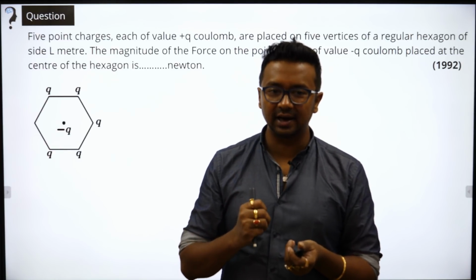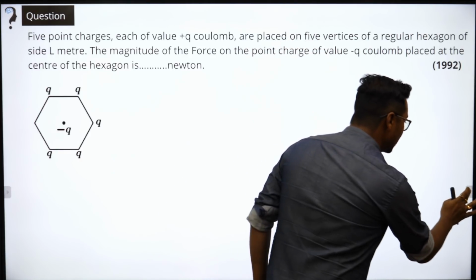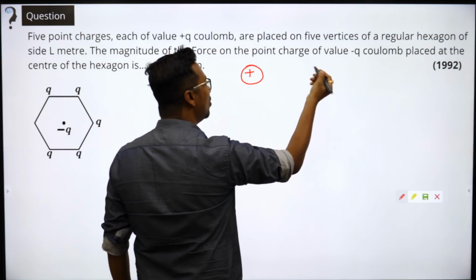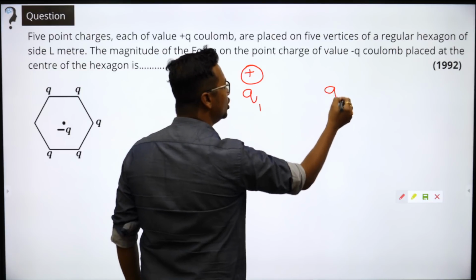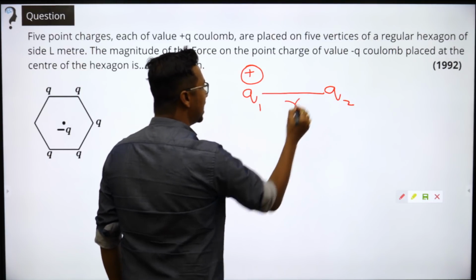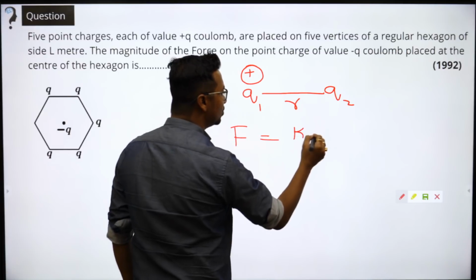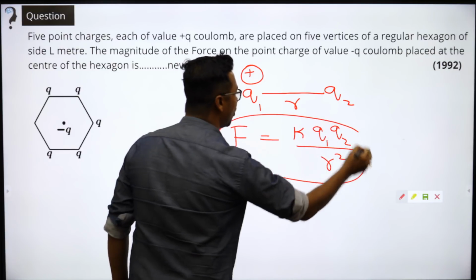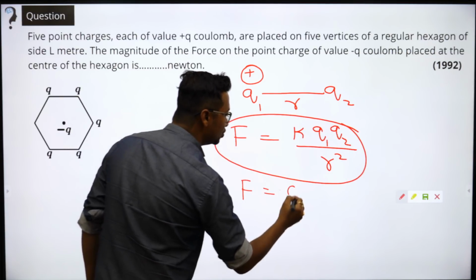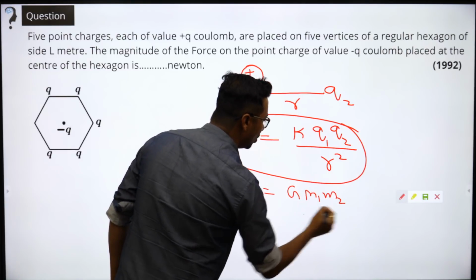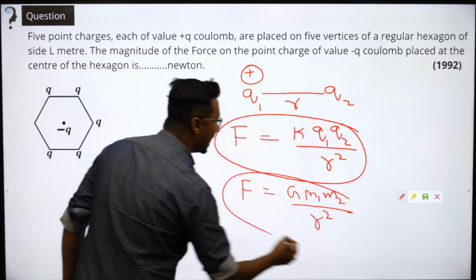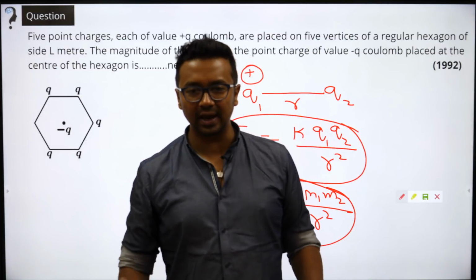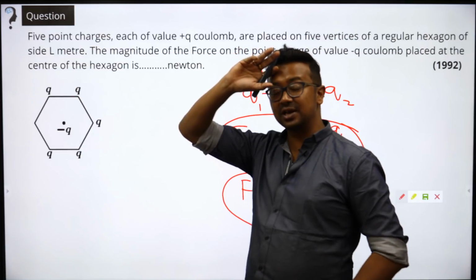Yes, very good Chandrika. So Chandrika has pointed out one thing, that if I have got two charges, Q1 and Q2, and the distance between them is R, then it is a simple thing: force is equal to K Q1 Q2 upon R square. Just like the formula of gravitation, F is equal to G M1 M2 upon R square. There I had masses, here I have got charges. Very simple concept. Okay, now let us look at this question out here.